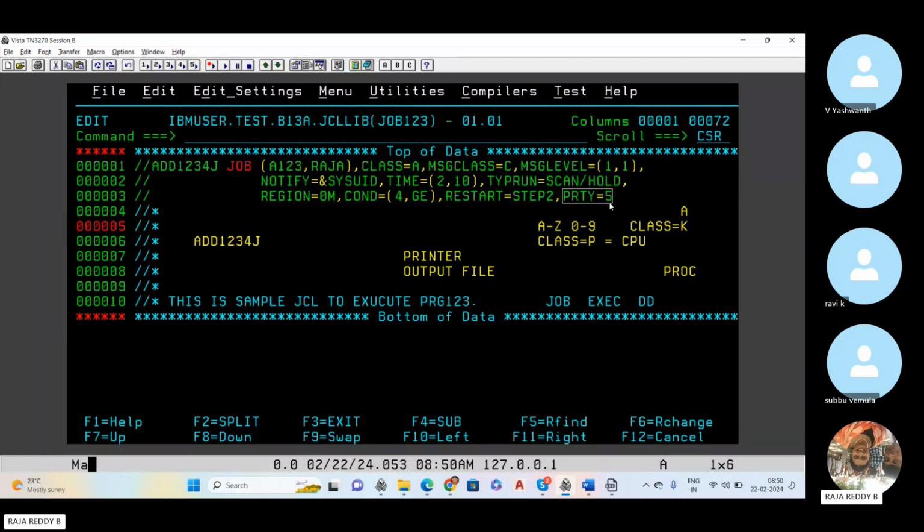So basically priority parameter will be used, whichever is having the high priority that job will run first. So priority 0 to 15, any value we can use. 0 is the lowest priority, 15 is the highest priority. Okay. Next thing is